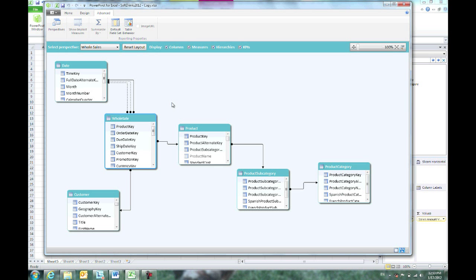So with that, we have now seen the top 5 features: diagram view, hierarchies, calculate, measure grid, KPIs, and perspectives. With that, let's just quickly go back to the deck for a few minutes. Now that you have seen the demonstrations of the top 5 features, I just wanted to quickly go back into the slide deck and take a look at all the other features that will be available with this release of SQL Server